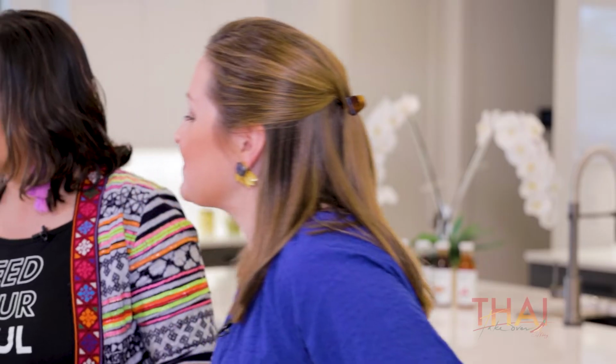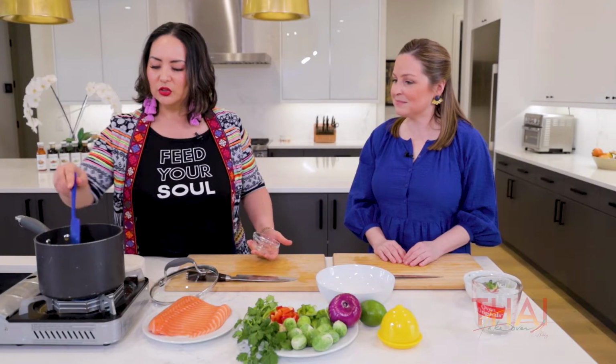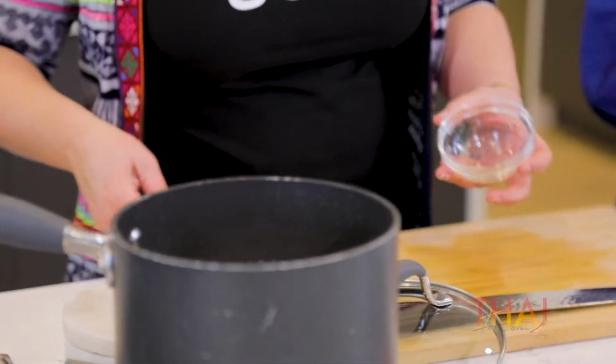So obviously we would not put oil when we cook rice, but the oil that you have in the couscous just gives it that nice feel and it doesn't stick together. Right. Let's